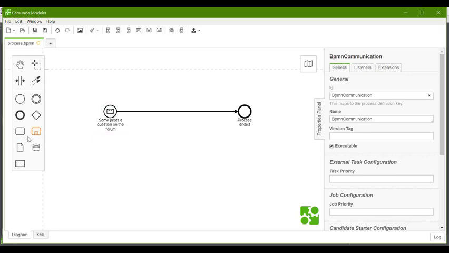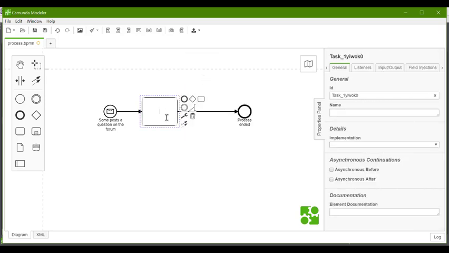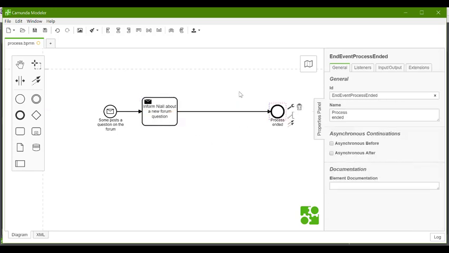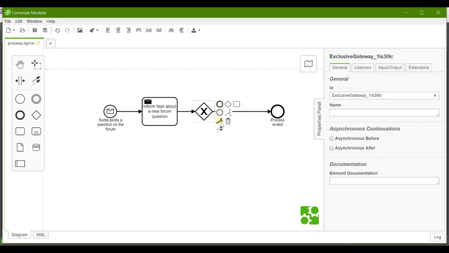So what will happen is a post will come in, and then Niall needs to be notified about this. For that, I'm going to select send task, and then inform Niall about a new forum question. Great stuff. After that, of course, I read the question, and amazingly enough, sometimes I don't always know the answer to these things. So we have two possibilities.